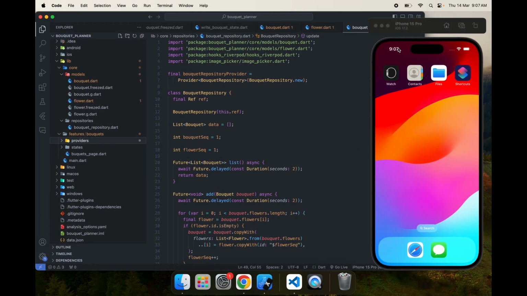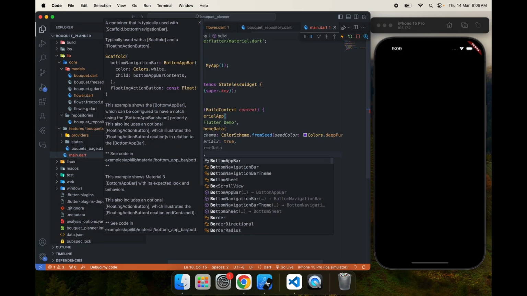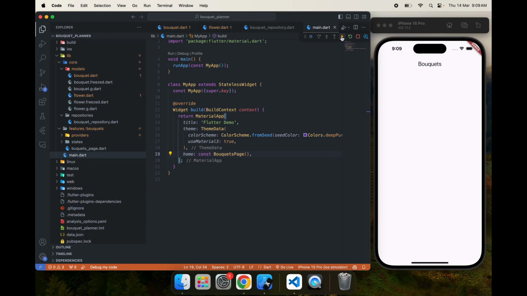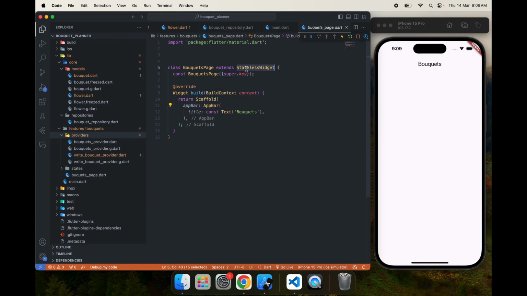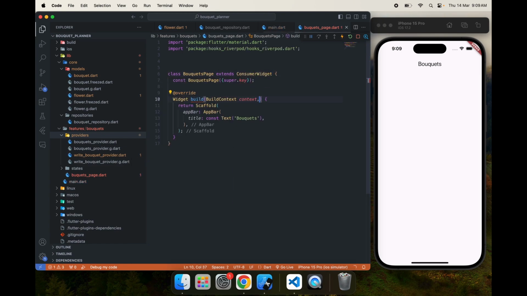We will create a UI. I have already created the bouquets page where all bouquets will be listed. Let's make home the first page. Here we are going to do a normal navigation, directly Navigator dot push, like that. And we already have the bouquets provider, and let's list all the bouquets. Now there will not be any bouquets, but